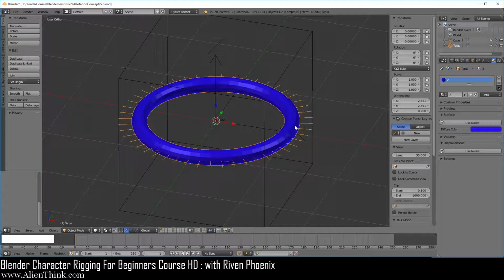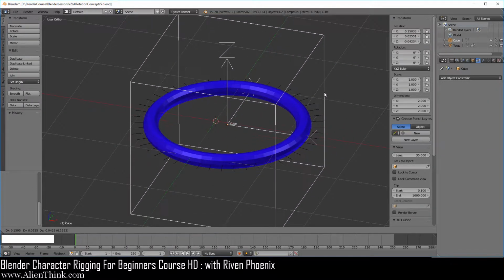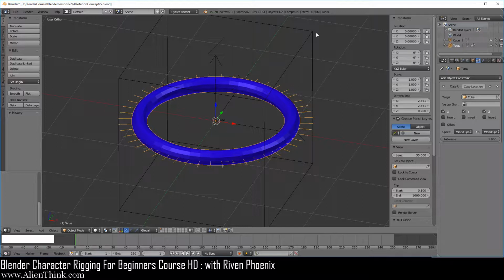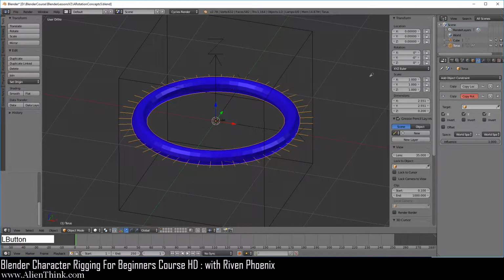Now here we need to tell this ring to follow the location of this object. So let's go to the constraints and choose Copy Location and click on the cube. This is so when we click on the cube, the ring follows it. Now what we're going to do is tell this ring to only copy the Z rotation. So here we're going to do Copy Rotation and pick the cube and now turn off the